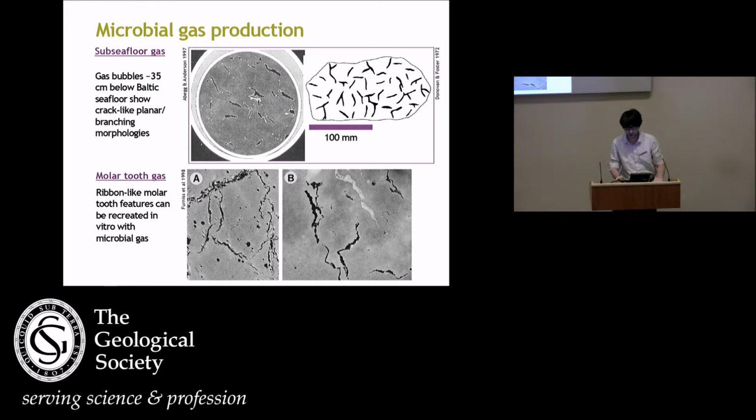So there's a well-known paper by Furness and colleagues describing how the ribbon and blob-shaped voids that are left behind in molar tooth structures when you dissolve out the calcite look just like the voids created by respiring yeast, the CO2 that they produce in plaster of Paris. So this was their analogue system. Morphologically, the results are very similar to molar tooth structures.